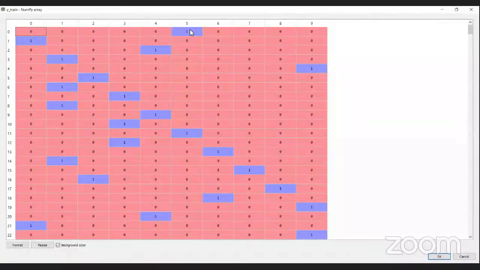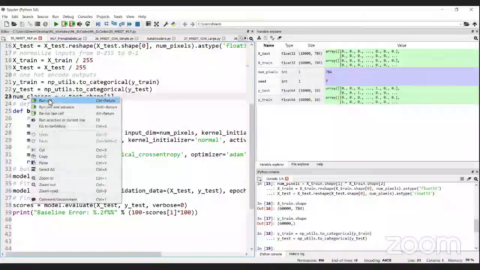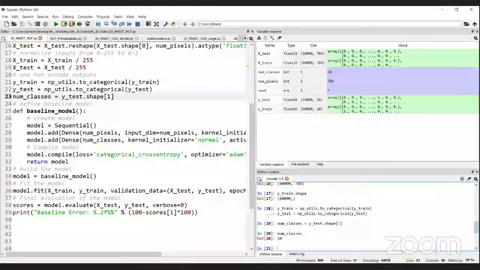So I make that position 1 and all the remaining are zeros: one-hot encoding. We converted it into one-hot encoding for computational convenience and simplicity. So the number of classes here is 10.